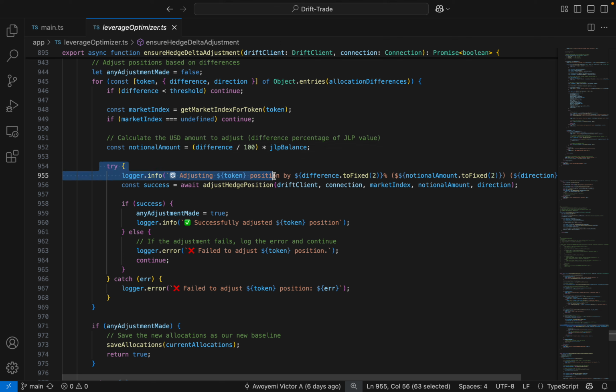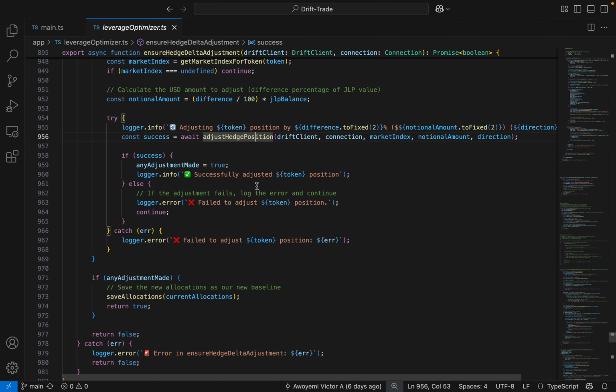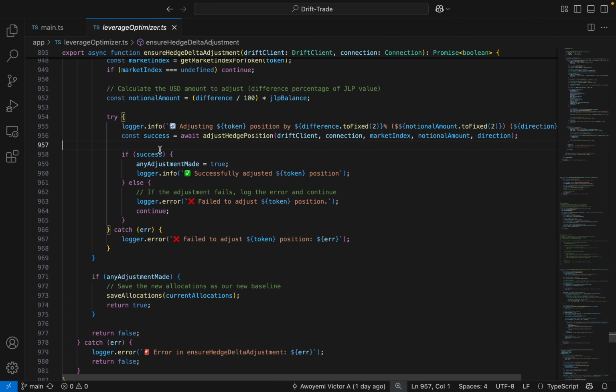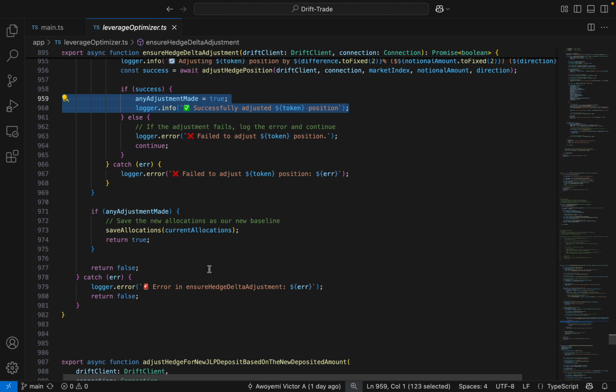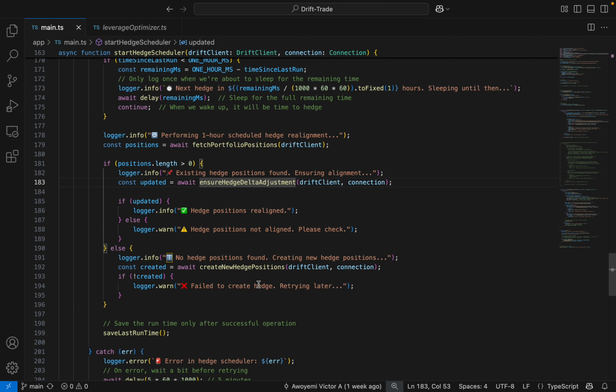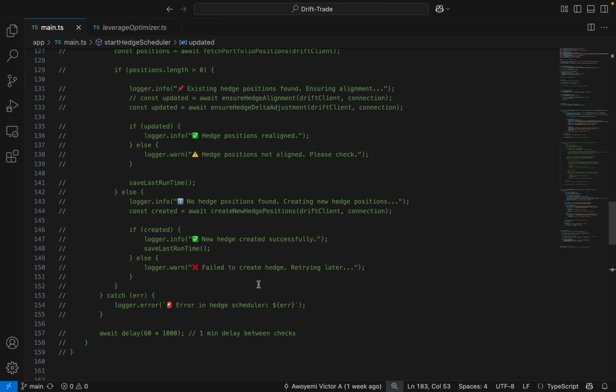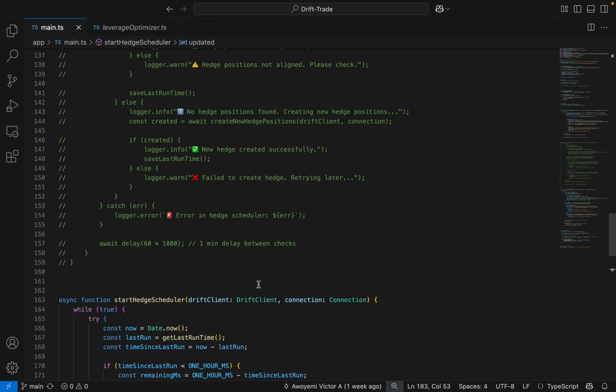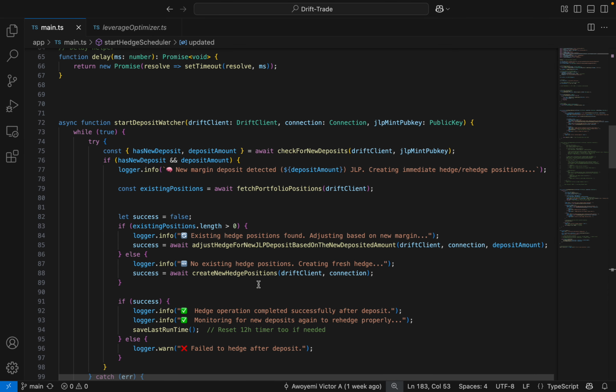Then it's going to call the adjust hedge position function, which is going to adjust the positions. And if it's successful, it successfully adjusts the positions. Then it's also going to send a Telegram notification to me as well. So that is for that. Apart from the hedge scheduler function,